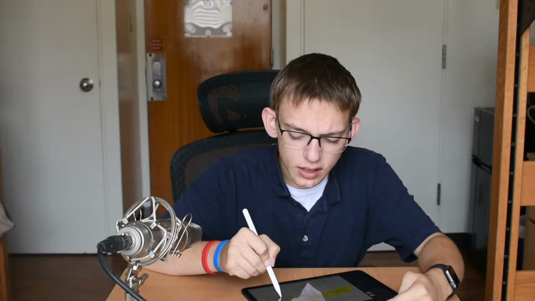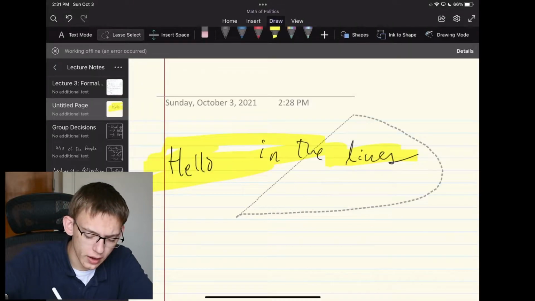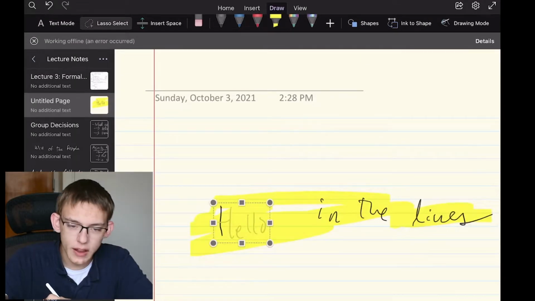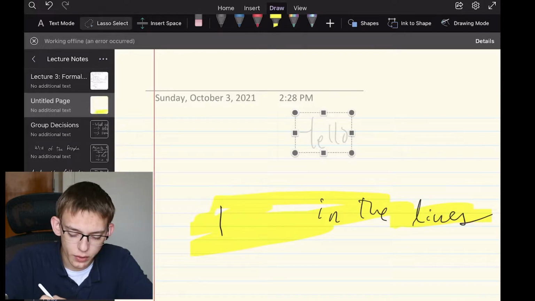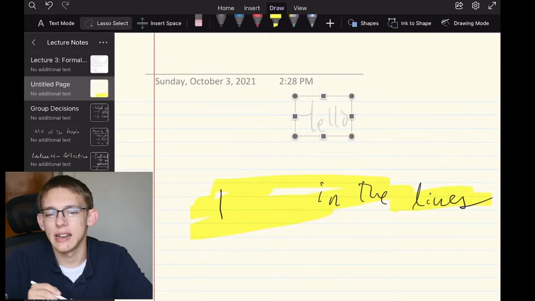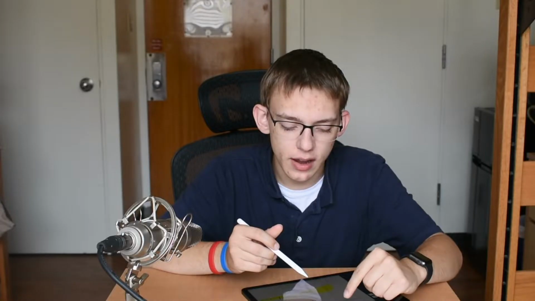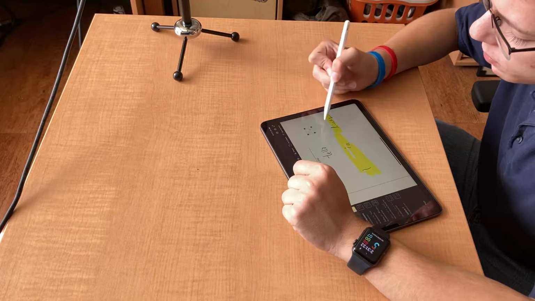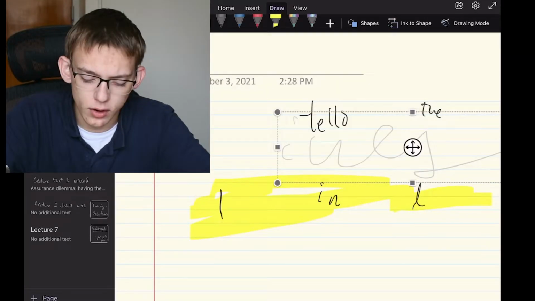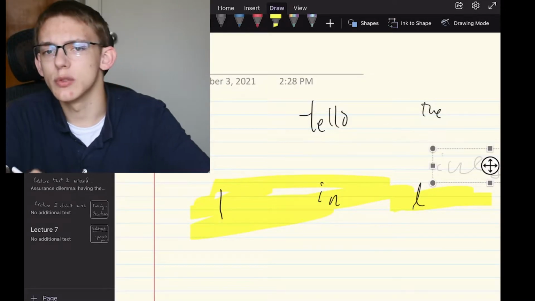And although this is kind of an off and on experience for me, honestly, because you have to select everything. If I wanted to select hello and move the highlight, this is only going to move hello because I didn't have the whole highlight selected. So that has been annoying in some circumstances, but in a lot of circumstances, this makes it a lot easier